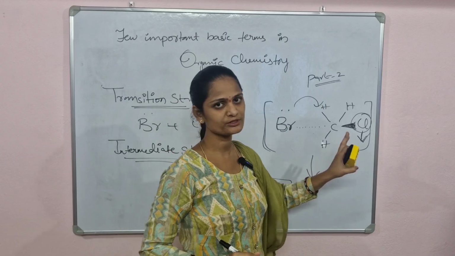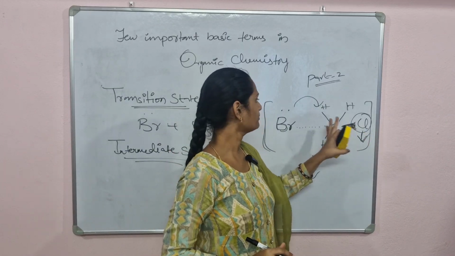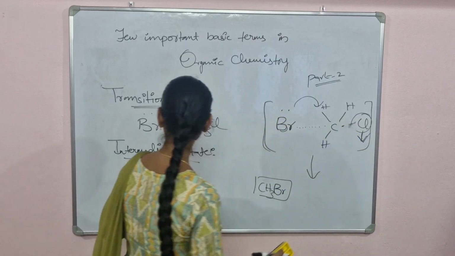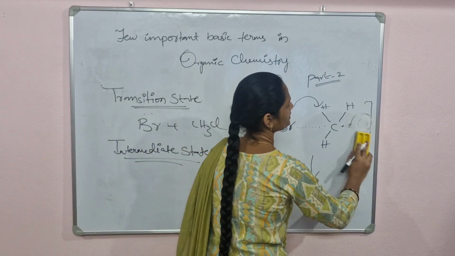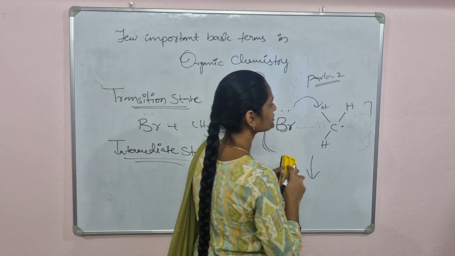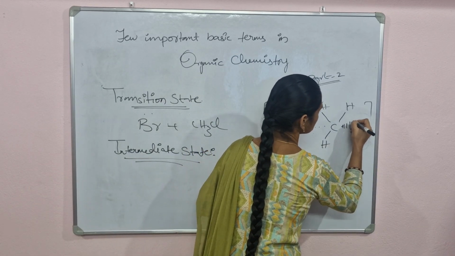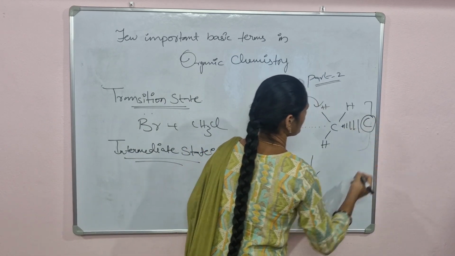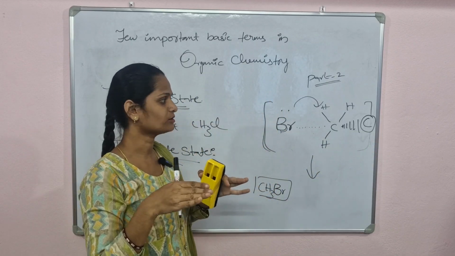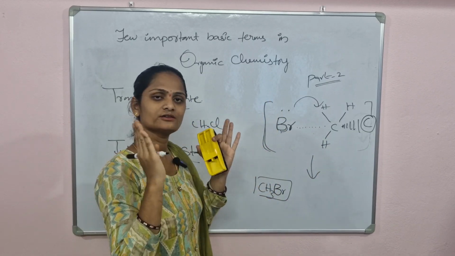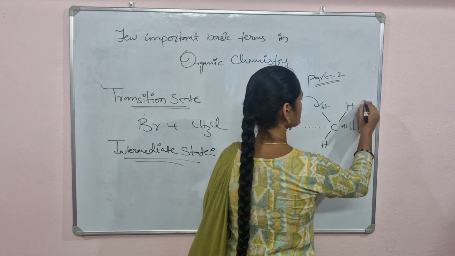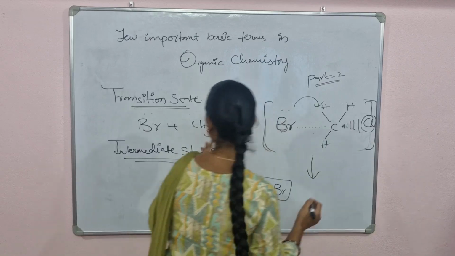Here the leaving group is attached to the molecule in the constant way, but during the intermediate state, that leaving group will not be able to stay attached to the present molecule. It tries to get detached. Both the bromine and chlorine will be in the same molecule, but they can't stay for a long time. At this state, we can call it an intermediate.